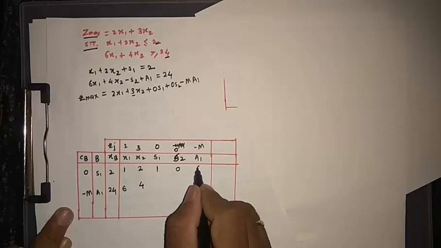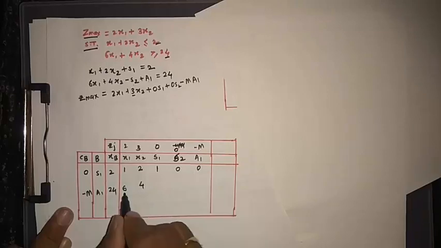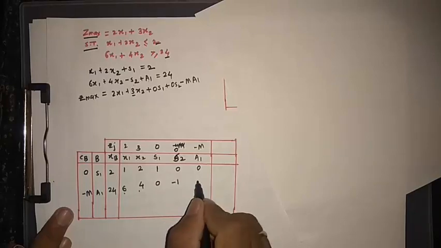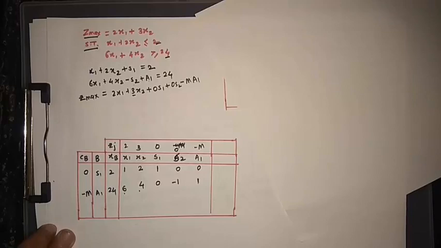After that, when we write down the second row, second constraint, we have the coefficients as 6, 4. After that, S1 having 0 coefficient in the second constraint, it having the minus 1 and it having the 1. Okay. Now after writing this particular matrix form, we have to find out the Zj minus Cj value. Okay, Cj minus Zj value. So first of all, we make one extra row here.